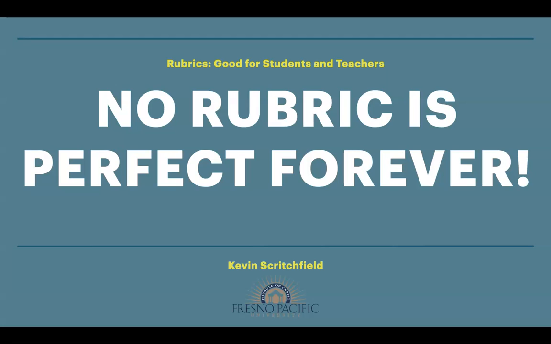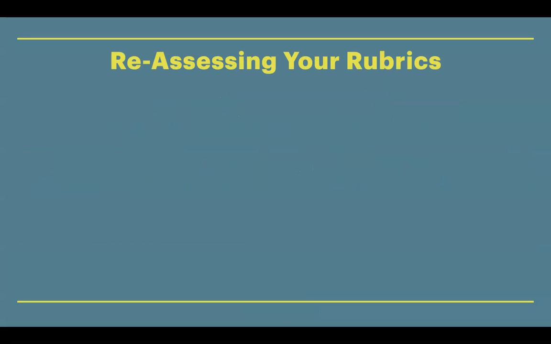No rubric that any of us is going to create is going to be perfect, especially over a long period of time. There's just too many other factors and variables that come into play within the assignments and so on that rubric may be attached to. And so we again want to continue this conversation about how we review our rubrics. And so as we look at our rubrics and go to reassess them, we want to understand that no rubric is perfect, that there are things that can happen,